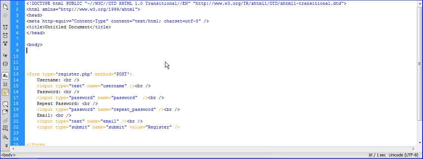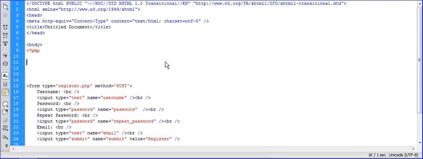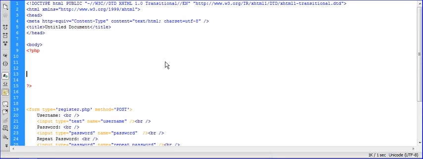The PHP is actually going to go on top of our form, and we're going to open up some PHP tags here, and it's going to begin by making a connection to our database, because we're going to be putting stuff in our database very shortly. So we do that by mysql_connect,